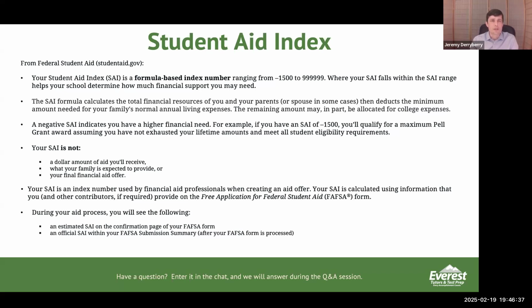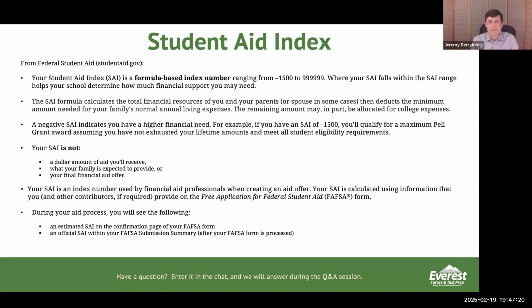It is a number that your financial aid offices are going to plug into their systems that gives them an idea of what you should be able to afford for your contribution to your child's education. If students have a negative number, that means that they are most likely going to get the maximum amount for their Pell Grant award, which I think this year is $7,500. It's important. You're going to get it back. You're not really going to understand it, and I don't really understand what the number means for me. I just know that my financial aid office is going to use that to give me their aid offer.